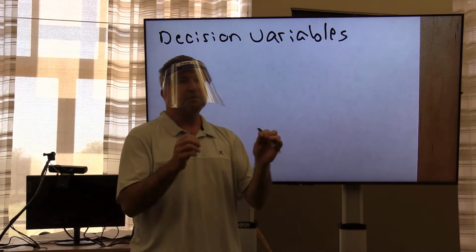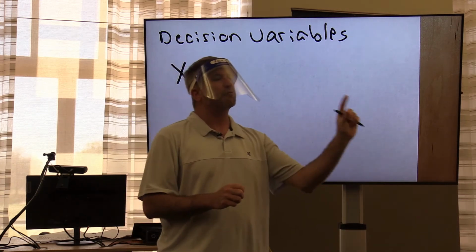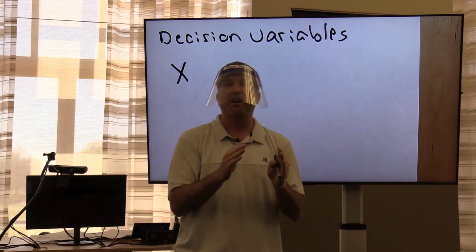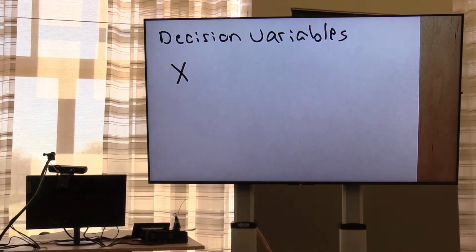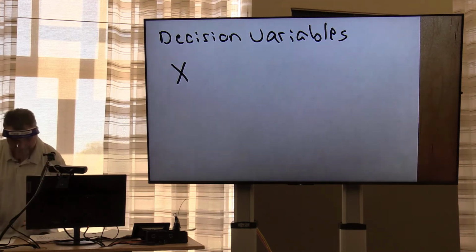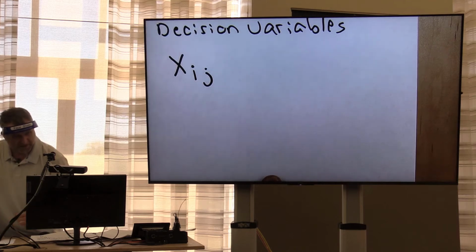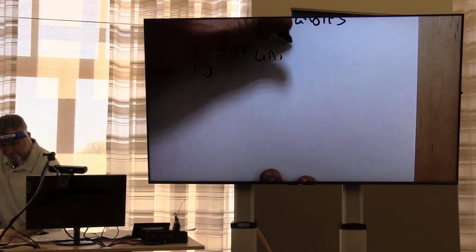But now we have more than one thing to consider besides month. We have supply site and we have region. So instead of XI, we're going to have XIJ. And that's going to be number of units